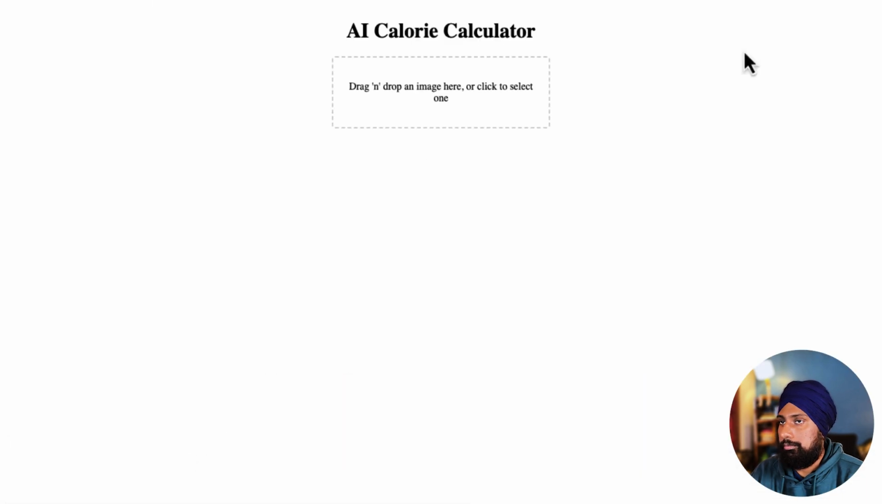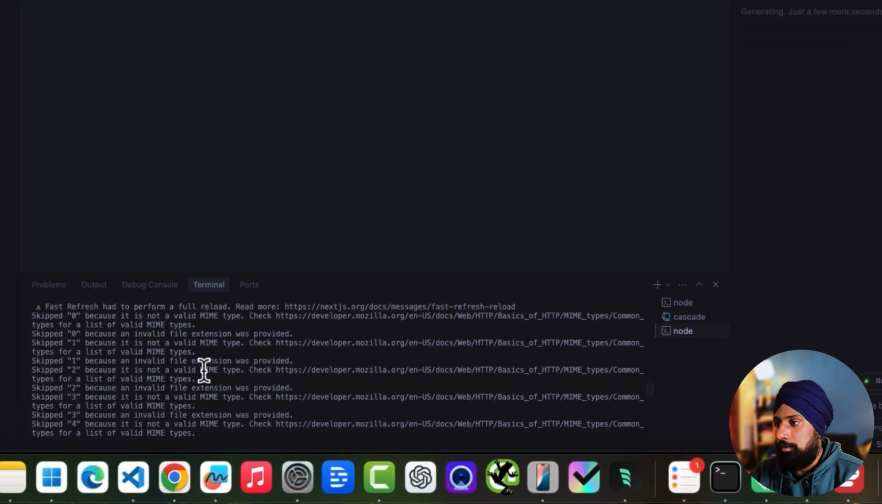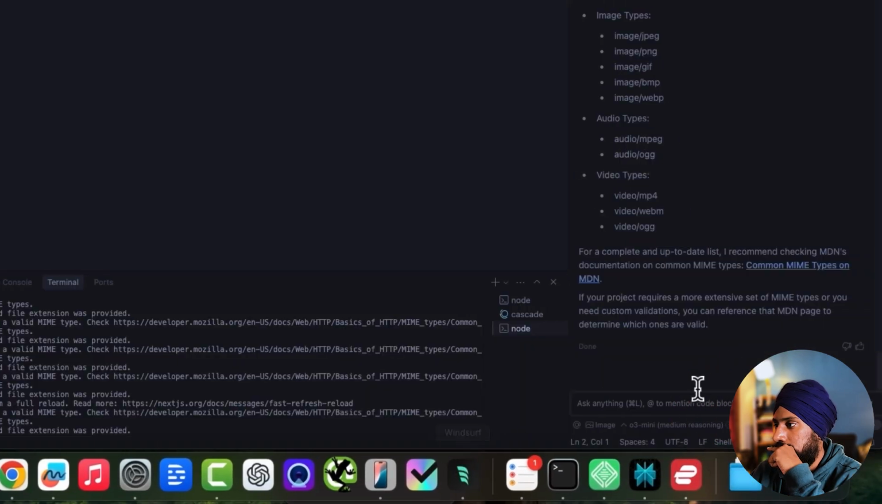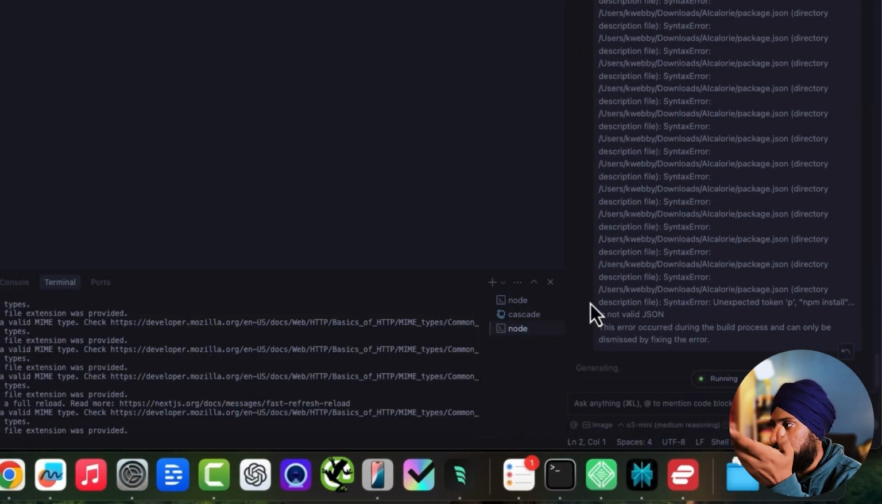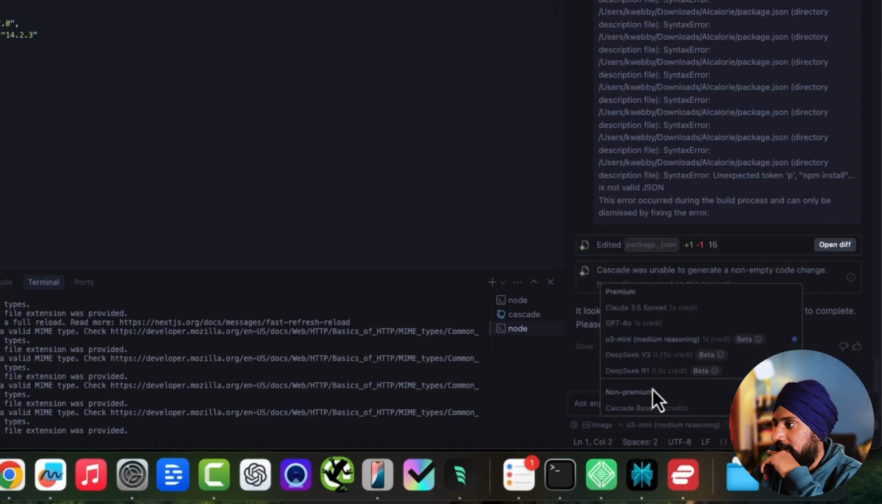Let me go to. Okay, so there is this terminal. Let's fix this first. So there's a failed to compile error. Obviously we just need to give this to here. So it keeps on breaking it. I don't know why. So let's just move on to this Deepseek R1 and let's see if it can actually